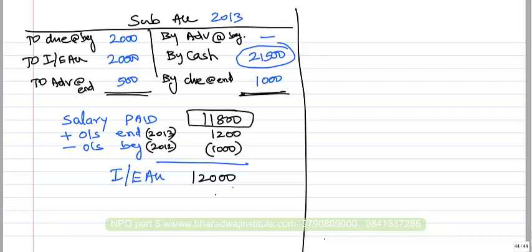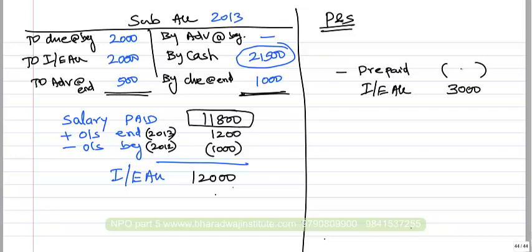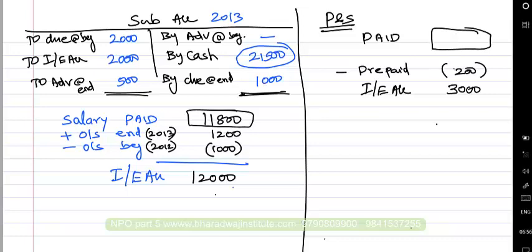What are the other expenses? Printing and stationery. As per the income and expenditure account, how much have they given? 3,000. Any adjustment given regarding that? Normally we will eliminate prepaid while doing forward. How much is prepaid? 200. We have to find out what is paid. While going forward, we will eliminate 200 and take it.